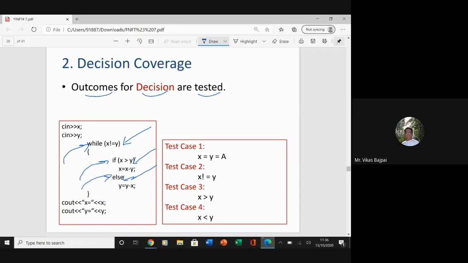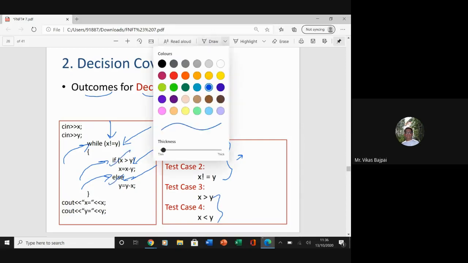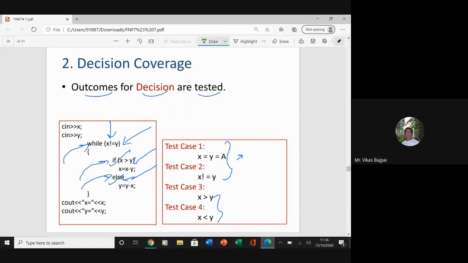I'm going ahead with these two for this; in fact, any one would have served the purpose, and these two for this and this respectively. In this way, I'm covering the decisions which are there in the program.